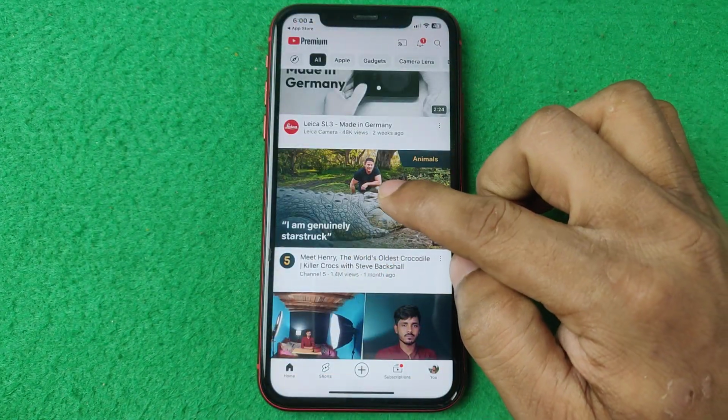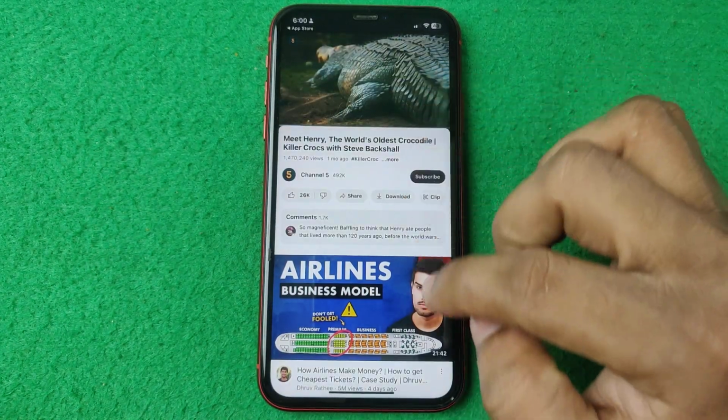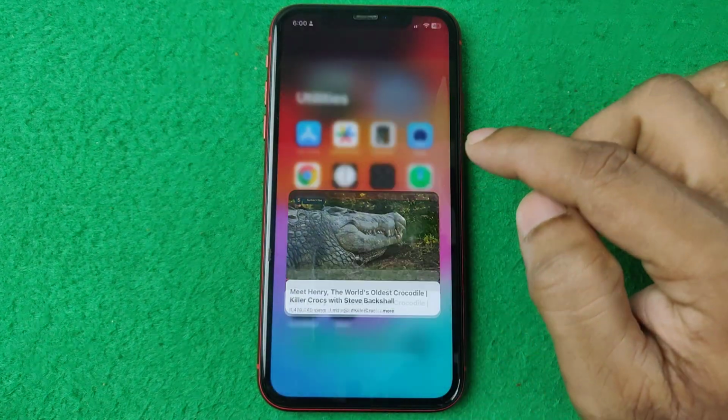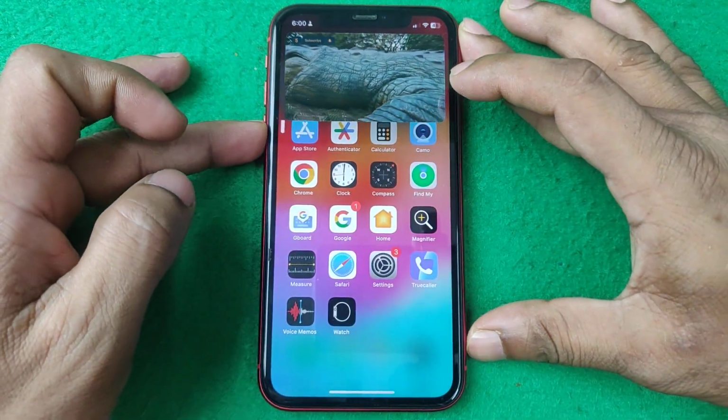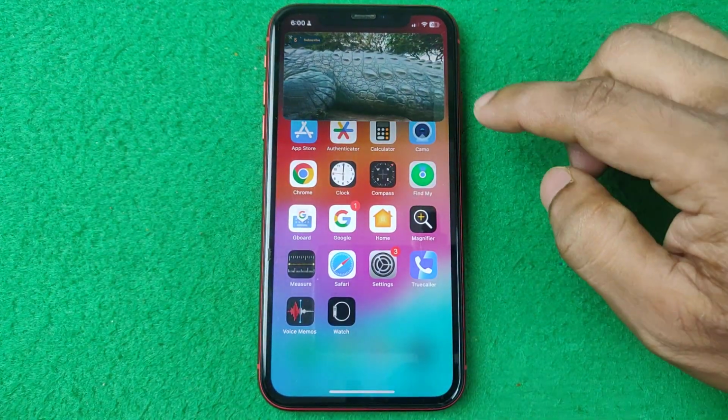and again play any video like that one. So if I go home, as you can see that video is playing in picture in picture mode, and you can